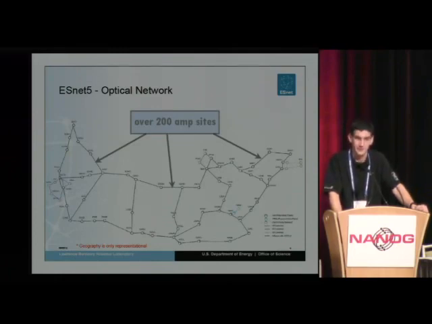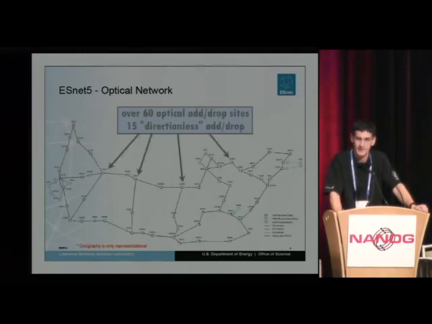A lot of nodes are, I think, still in the process of being brought up. I think we're anticipating over 300 or maybe 350 amp nodes when everything is finally finished being built. Out of all those nodes, we also have a bunch of add/drop points shown by the black circles, and these are essentially where we can add/drop client signals and install transponders, and so these are essentially MEMS-based multi-degree ROADMs